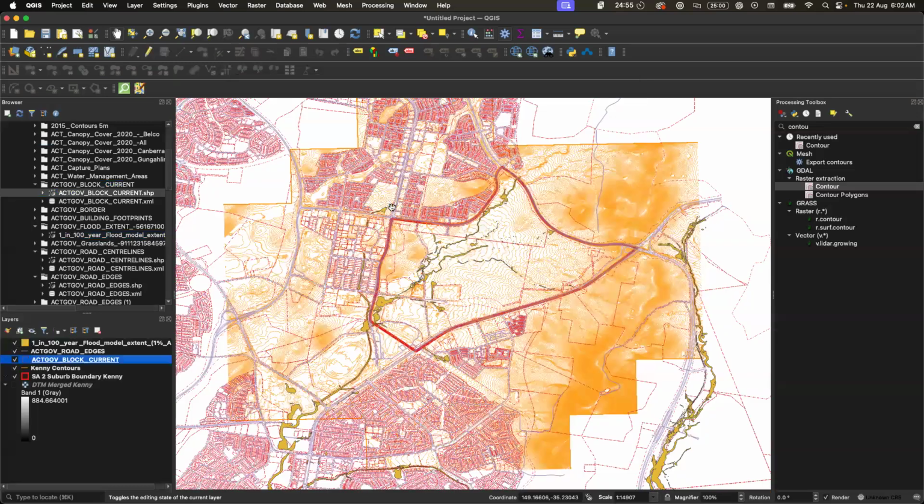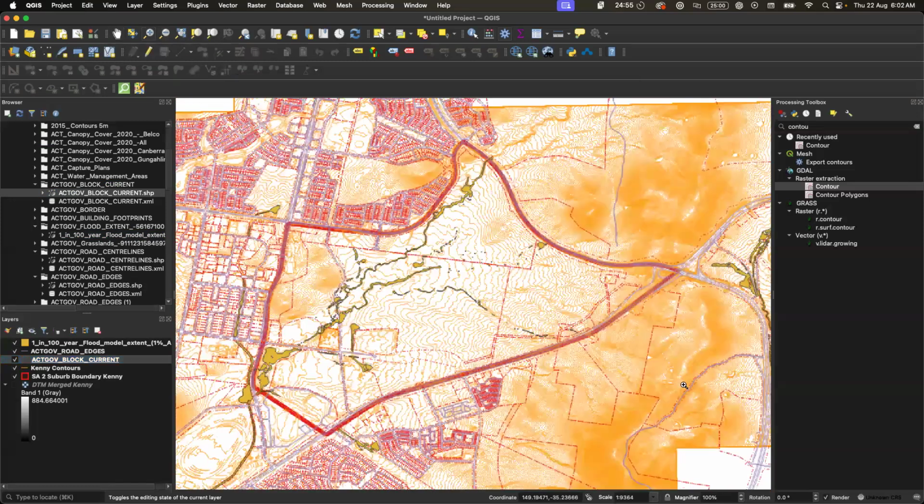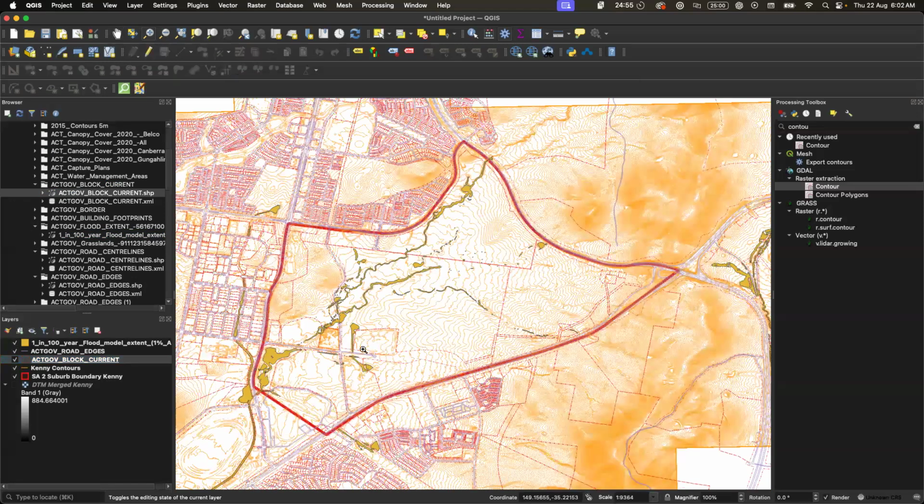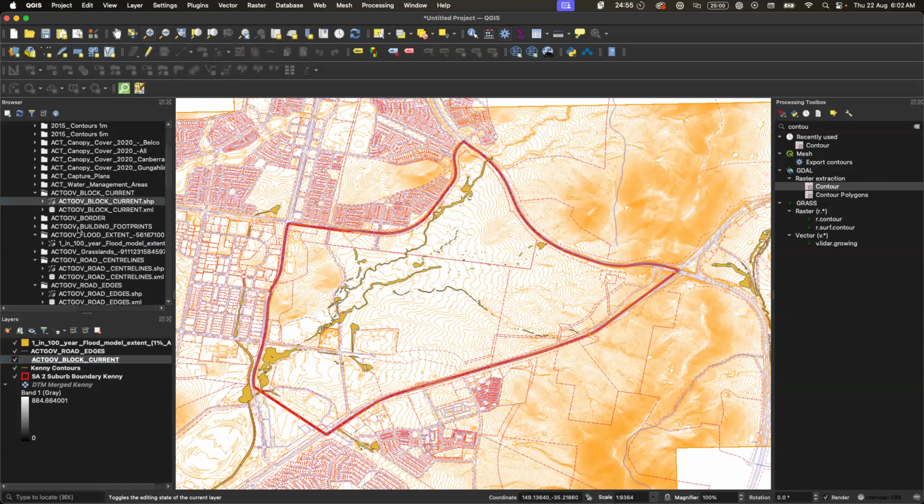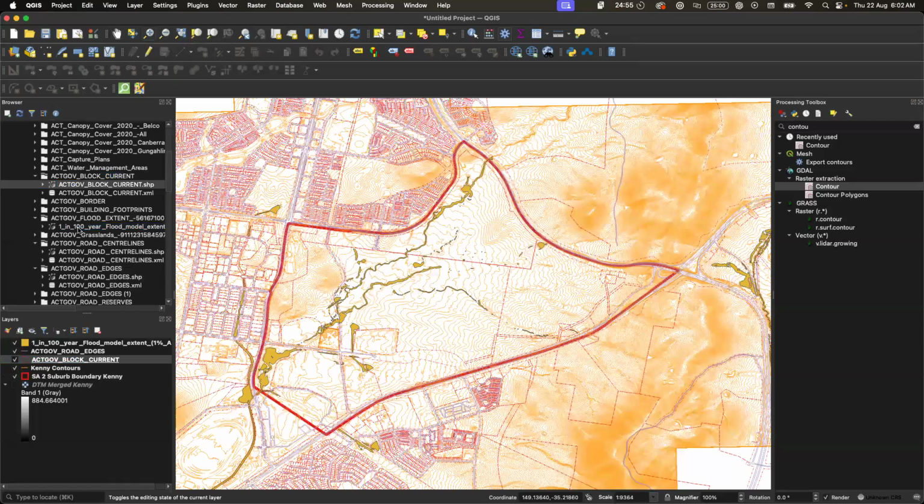Okay. So let me then zoom in to what this is going to look like so that we can get a bit closer and see what we've got in here. So you can see there are the property boundaries, etc. I also have information about canopy cover. And so I've actually cut this up earlier, and so I'm just going to put it in there so that it's there, but